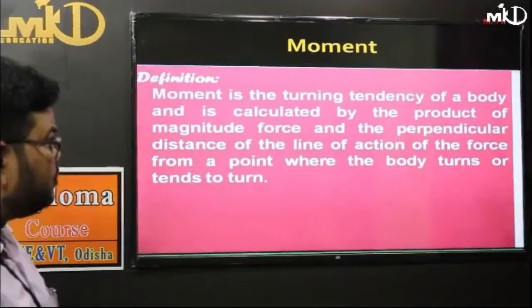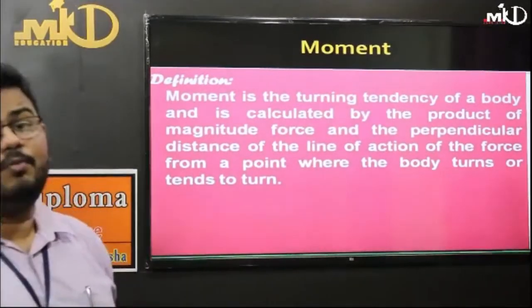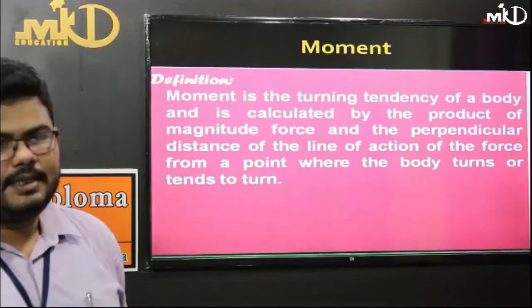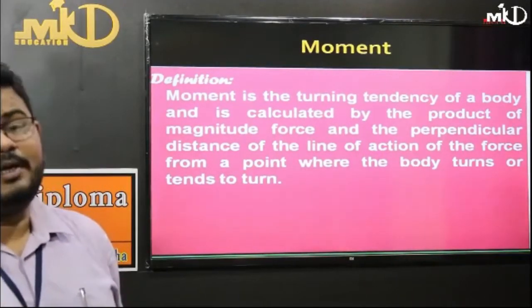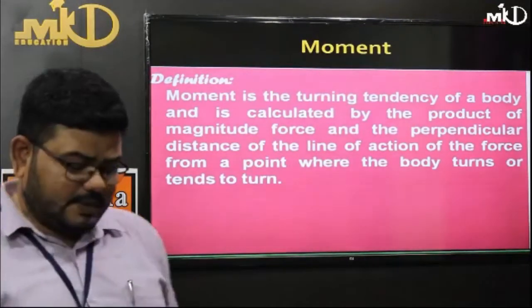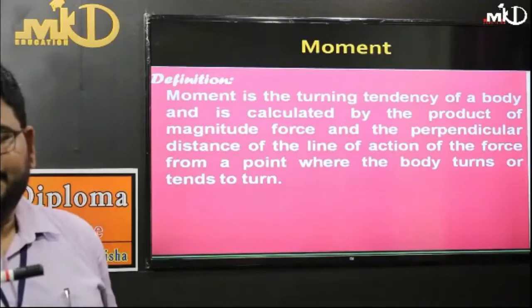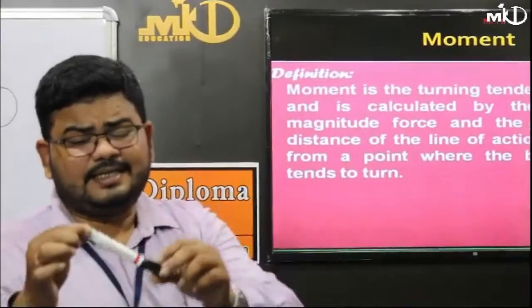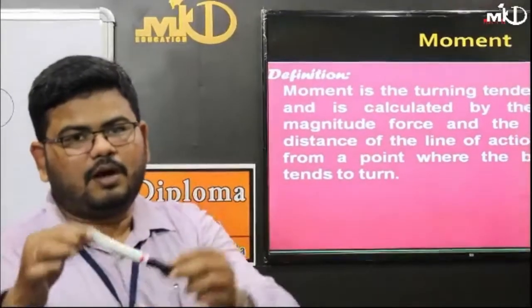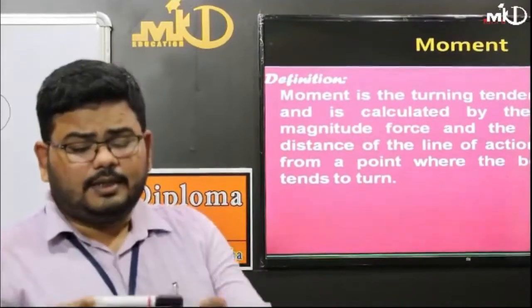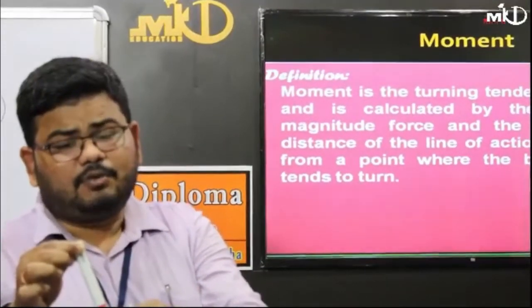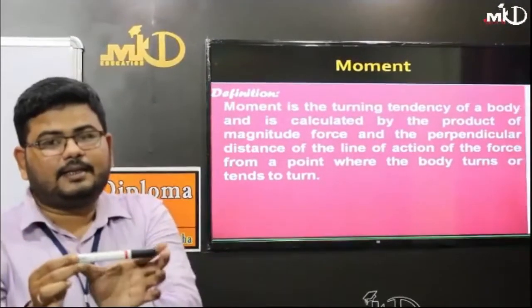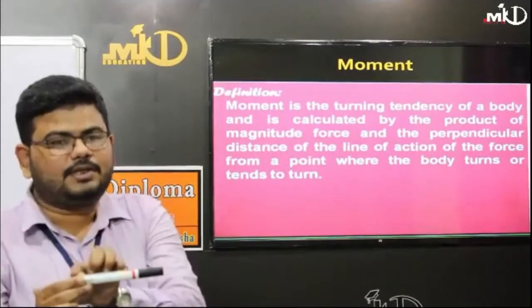So before going to moment, we should understand what is actually moment. So moment is nothing but the product of force and the distance between the point about which the moment is required to be found. So for example, you see I am holding a pen and I am holding it at its tip, so that the pen is in hinged position. That means it can just move up and down. So if I apply a force here, then the moment will be nothing but the magnitude of this force multiplied by the distance at which the force is applied from this point.